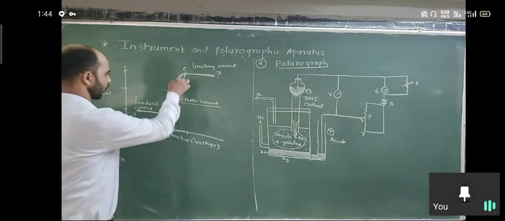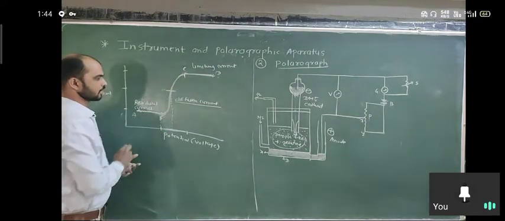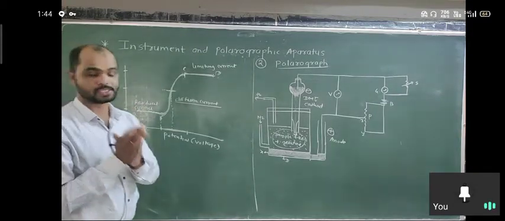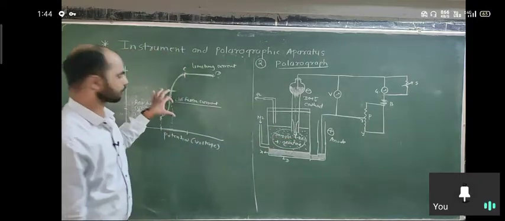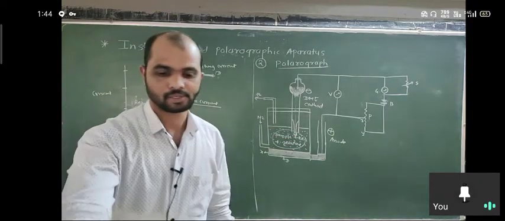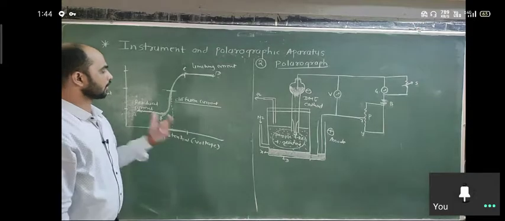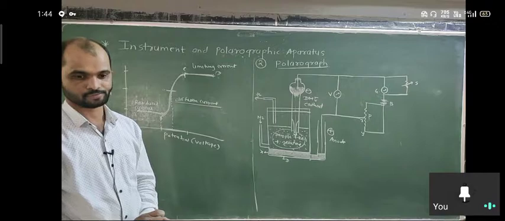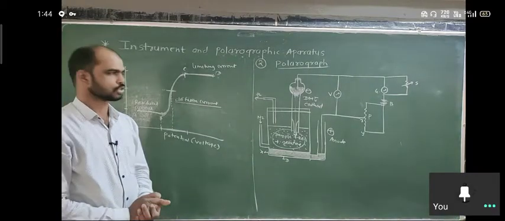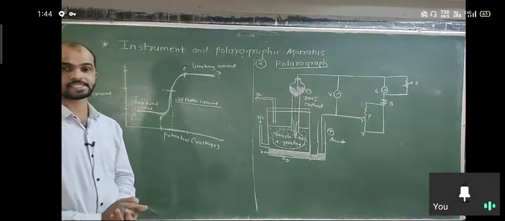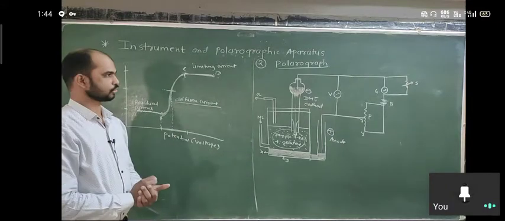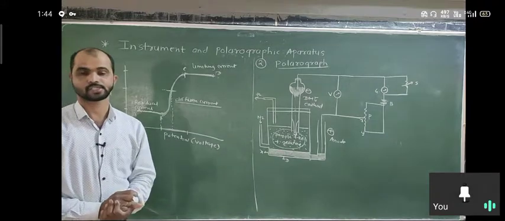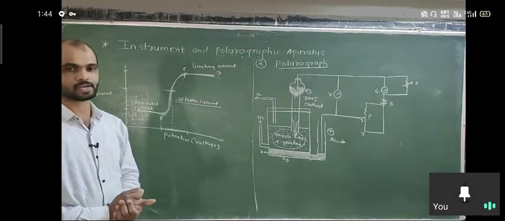So the important part of the graph is this one. It is the diffusion current, which is due to reduction of the sample, and we measure its average value and can calculate the current passing through the sample. So this is all about today's lecture on instrumentation. The remaining topics we will discuss in the next lectures. So today I'm going to stop here. Read it, try to understand. If you have any difficulty, you can ask me. Okay.